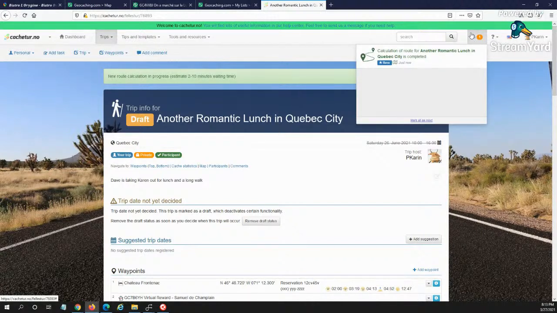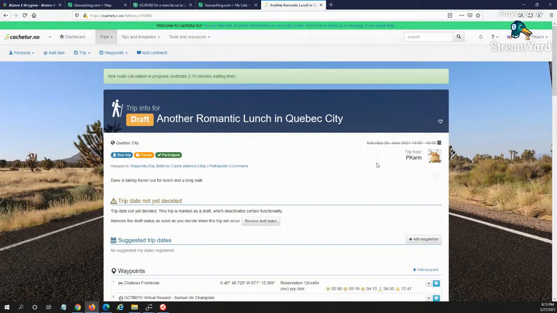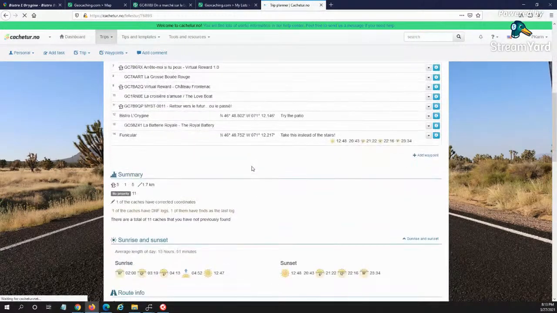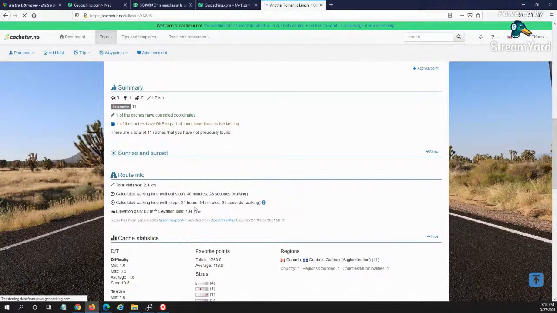Now, you'll see up here, there's a bell, and it has a little orange one beside it. When there's a new notification from Cachetur, that will light up, and it'll tell you how many. I clicked on it, and it said calculation of route for another romantic lunch in Quebec City is completed just now. Nice. That's great. So I'll mark that as read. I'll refresh my screen. And now when I scroll down to the route info,